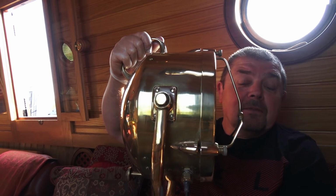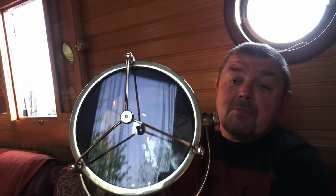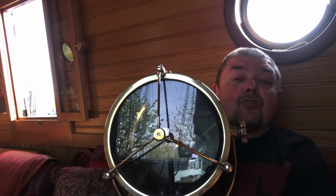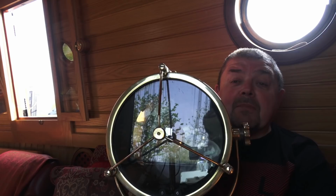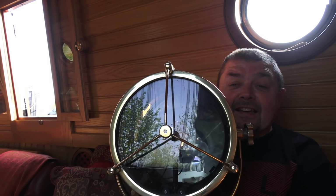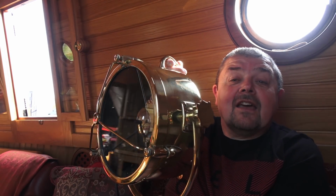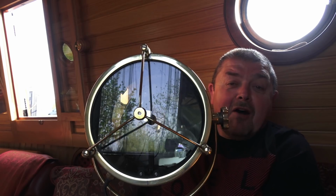It's been fully restored, and it's known as a Francis lamp. Now you'll never see the bulb when we switch it on, you'll never see the bulb inside. So it'll never be shining strongly in anybody's face in a tunnel or anything like that. It's got all these special reflectors that can be adjusted with a little screw on the back to exactly what we want. And it doesn't half light up tunnels, and it does look gorgeous when we fit it on. It sits on a post at the front, and in some of our videos you'll notice it more now that I've showed it you. But it's not small, it's not light,